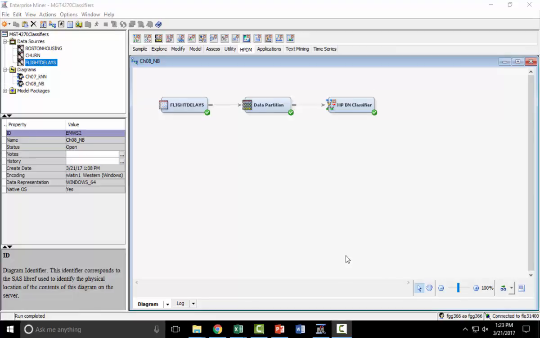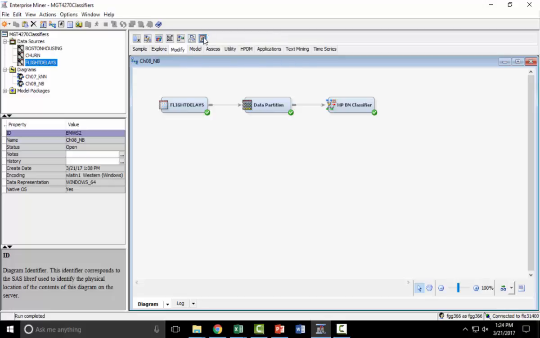Suppose we want to bin our departure time like what we did in Excel. Suppose you want to do it that particular way. If you left it to the default, then we don't know how it is done. Just equally into 10, the HPBIN node automatically classifies them into different bins. But if you want to control that,